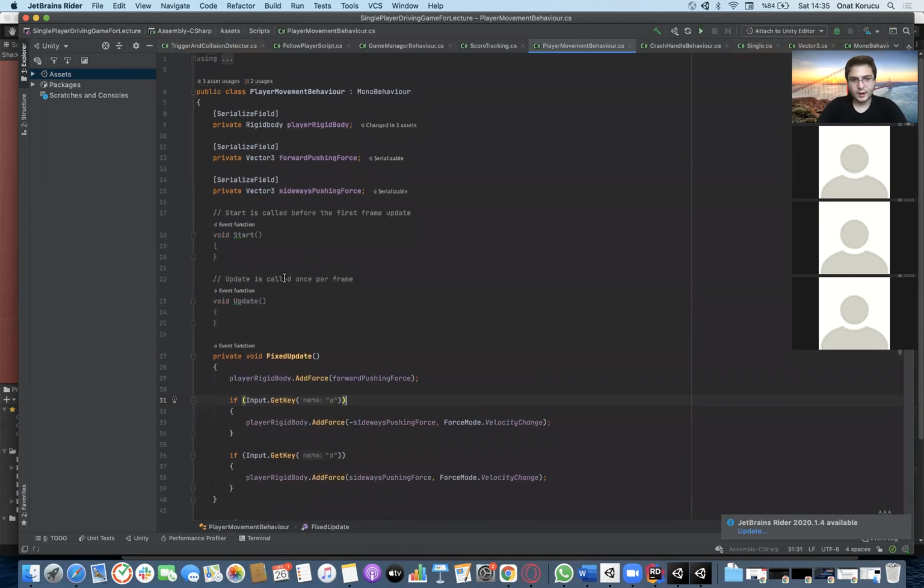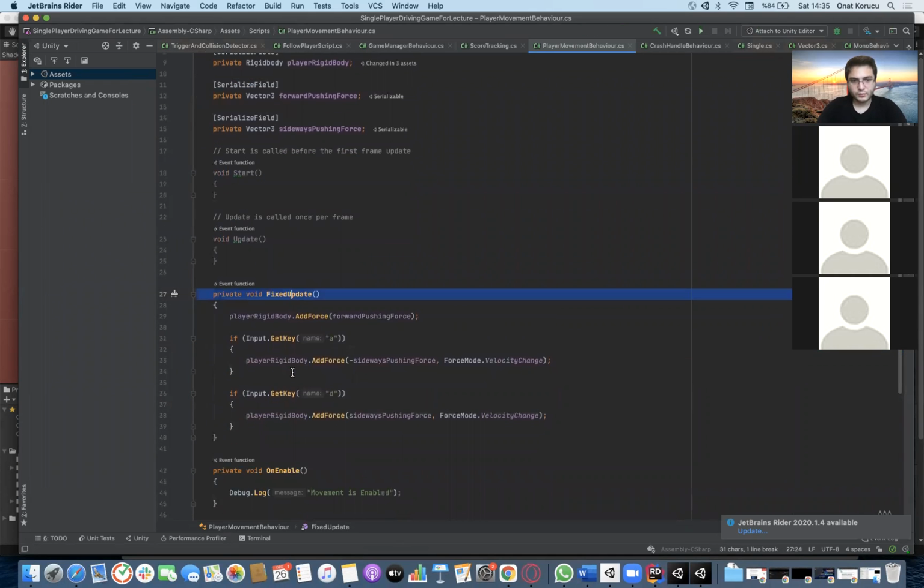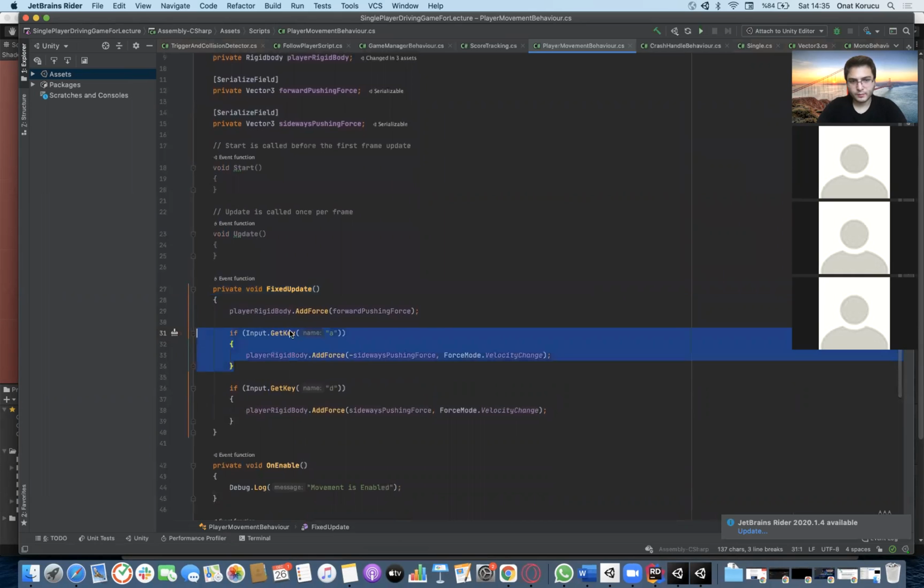So inside our fixed update, we checked if A button is clicked, and we added some force to that. But I said that it's not the best way. I mean, for get key, it's okay. But for get key down, it's not okay, because